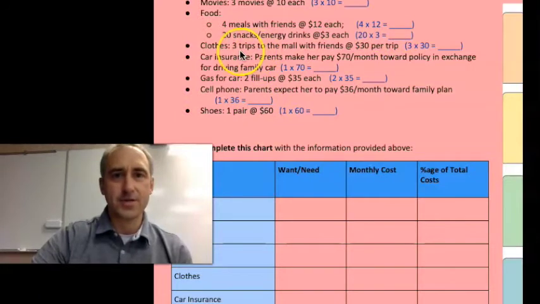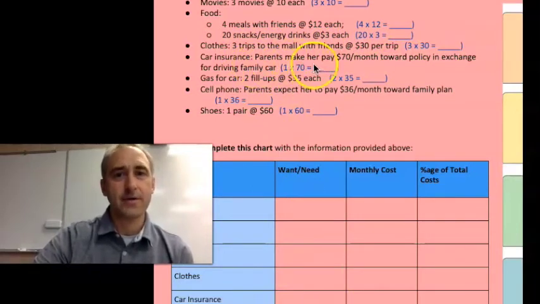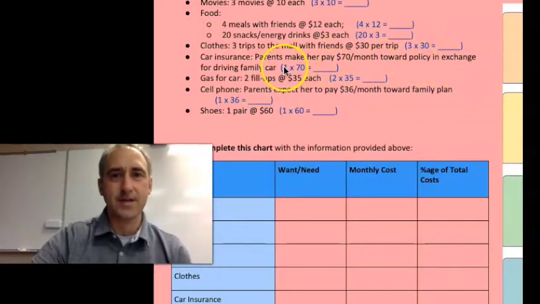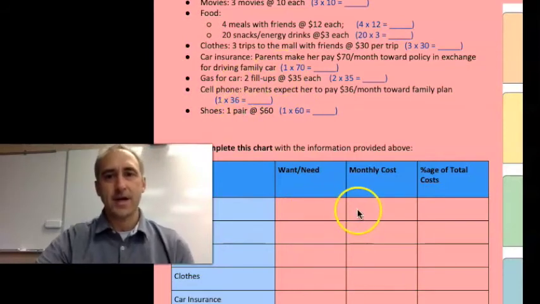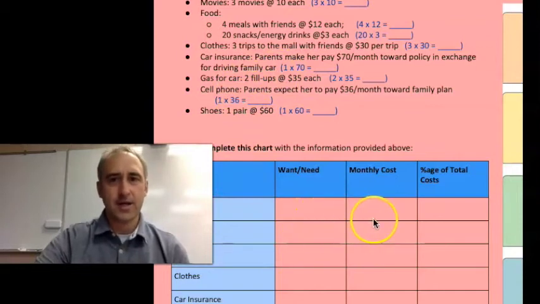And then you're going to do the same thing for clothes. 3 trips to the mall with friends at $30 a piece. And then is that a want or a need? Car insurance. Parents make her pay $70 a month towards the policy. That's 1 month. This is a 1-month budget. So that number goes under insurance. And as you keep moving your way down, you're going to continue to fill out